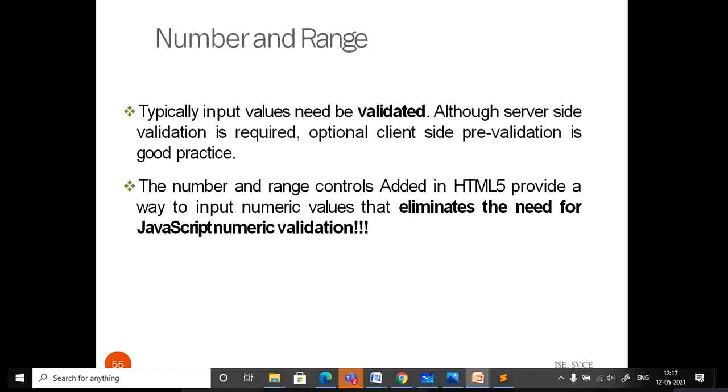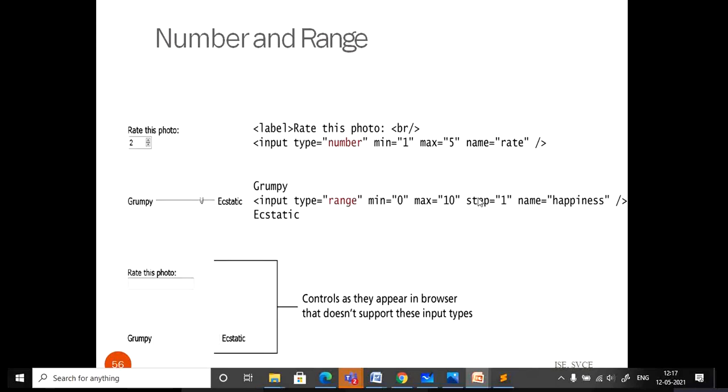So after that we have numbers and range. These are all specialized control elements introduced in HTML5. So what are these? You can give the number range. If you want to read the rating, you can give the type number. You will be getting one drop down box like this.